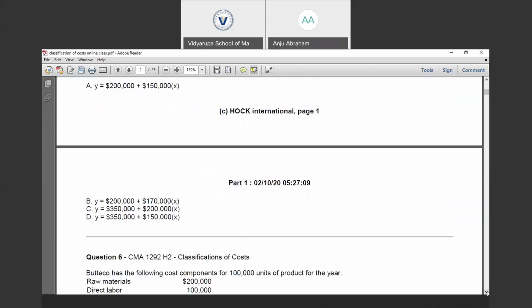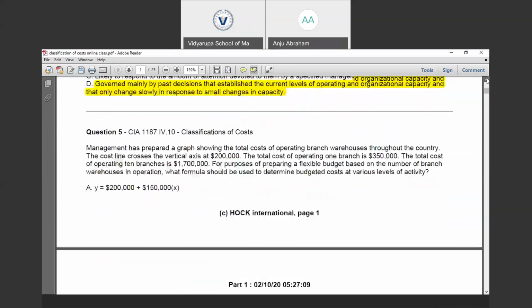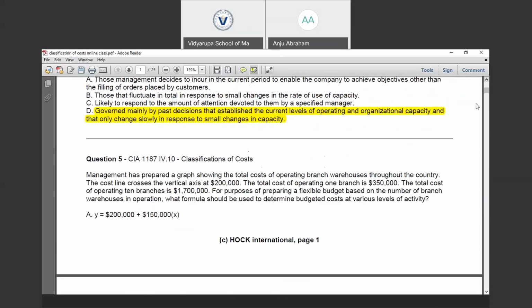Here we are asked to formulate a cost equation. So in formulating a cost equation, let's say total cost is equal to total variable cost plus total fixed cost. We know the total fixed cost keeps constant and the total variable cost will be changing, but unit variable cost will be constant. So here let's take X to be the number of units and Y to be the total cost. Y, the total cost, is equal to total variable cost plus total fixed cost. And total variable cost will be the unit variable cost. What is the unit variable cost?